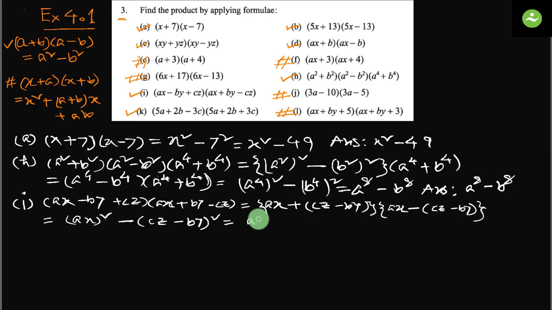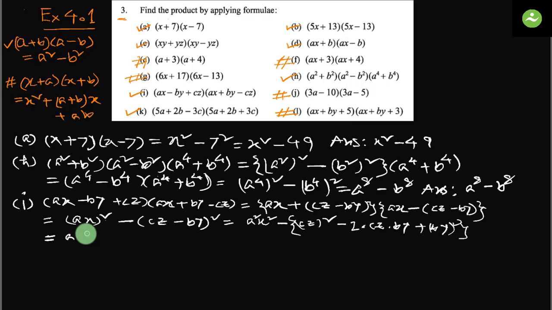Ax whole square means a square x square minus b square means cz whole square minus 2ab means 2 into cz into by plus by square equals to